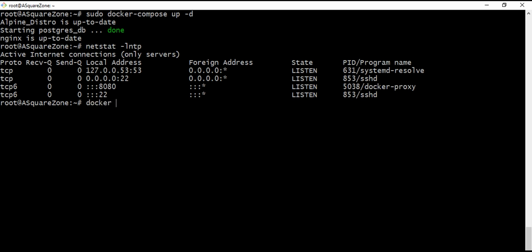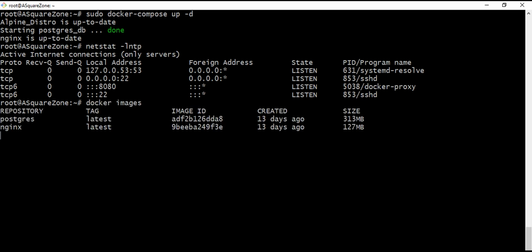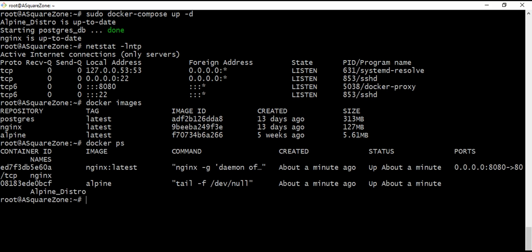Using Docker images we can see the images list. See here Alpine, Nginx, Postgres, as well as we can see the running containers list using docker ps command. So here Nginx and Alpine, those two are converted into containers and it is running here.